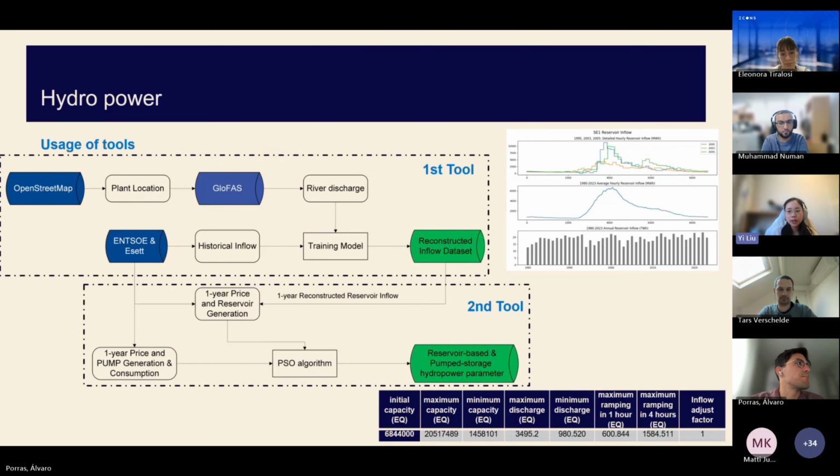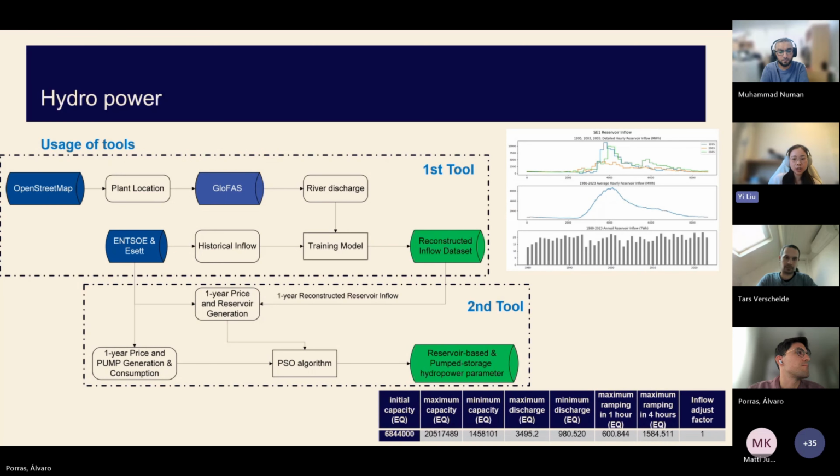To use the tools, the usage details of them are listed in each repository README. You can follow the setups to run both. The basic idea of the first tool is to retrieve the ERA5 global fast weather data based on the power plant location from OpenStreetMap, and then use the derived historical inflow from ENTSO-E and other open access data platforms to train the model by regression.